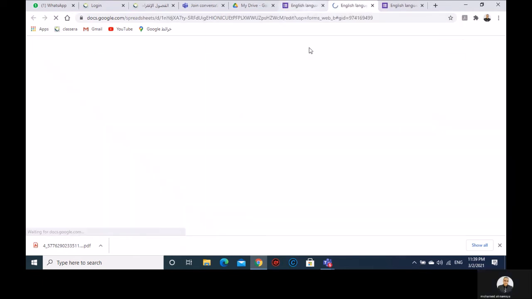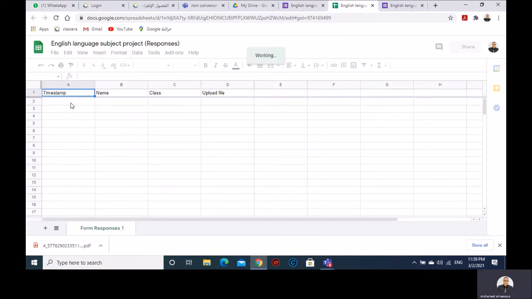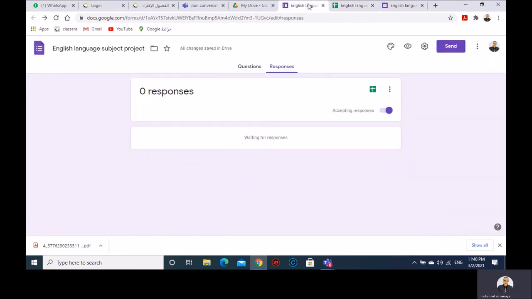This is how the spreadsheet will look. The time the student sent the file, the name of the student, the class, and the file. You can preview the file in this document. So from time to time, you can check this spreadsheet and see how many students uploaded their files, who they are, what their classes are, and what time they uploaded their files. Anything you can see from here when they begin to upload. So let's come back here to the main page